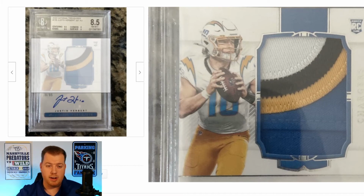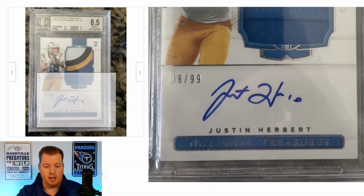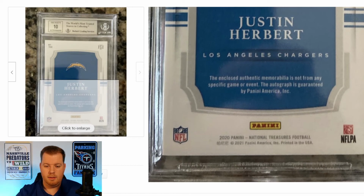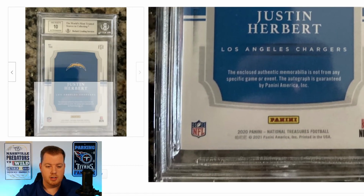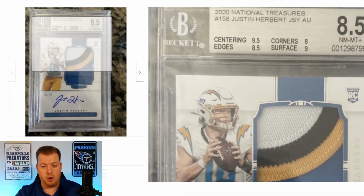But a 4-color patch, you can't beat that. National Treasure, beautiful product. I love the canvas board they used for their product and the thickness of the cards as well. Beautiful for the Chargers. Justin Herbert's been playing quite well in his sophomore season. There hasn't been much of a slump, if there is even a slump, from his first year to his second year. So it looks like Justin Herbert will be the real deal for the Chargers moving forward,